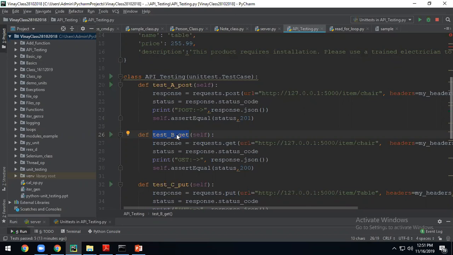In an interview, what kind of questions can they ask from this module? Usually they will not ask many questions. It's a straightforward thing. They can ask keywords like put and post. They may ask what you mean by REST API, why REST API is required, what you will do with that, how you add a product, what GET will do, what DELETE will do.